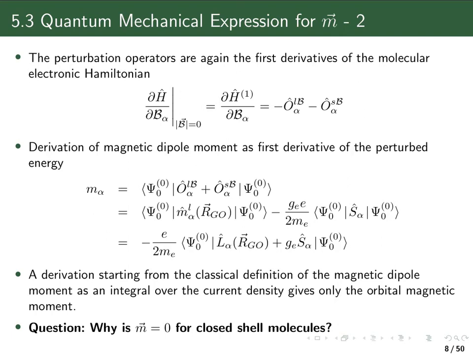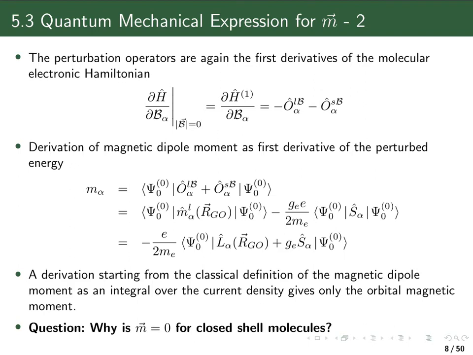Or we can write it in this form here, where we have the natural constant in front of it, and then we have the expectation value of the total angular momentum operator of the electrons plus the electronic g factor times the total spin operator of the electrons. Please note that here the spin operator is actually multiplied with the g factor of the electrons, which is 2.002, which means that the spin of the electrons contributes twice as much as a corresponding value of the orbital angular momentum of the electrons to the magnetic moment.